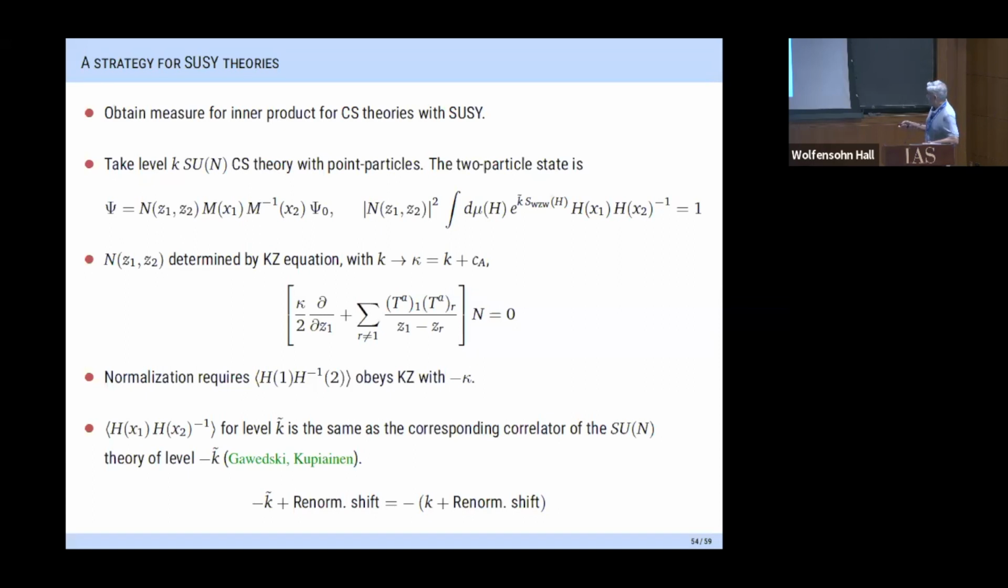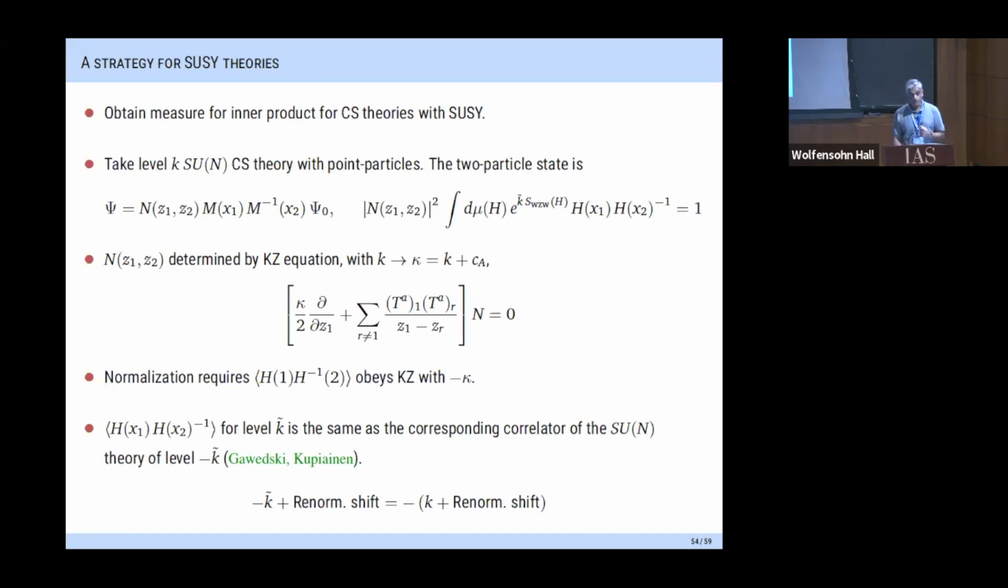Okay, so this equation, if you solve, putting CA here and CA here, you find that K tilde should be twice CA. Okay, so the result that we found before can be obtained like this. So this is an indirect argument, but the good thing about the indirect argument is that if I know how that renormalization shift works, this last equation tells me how to compute the integration measure for any of the theories